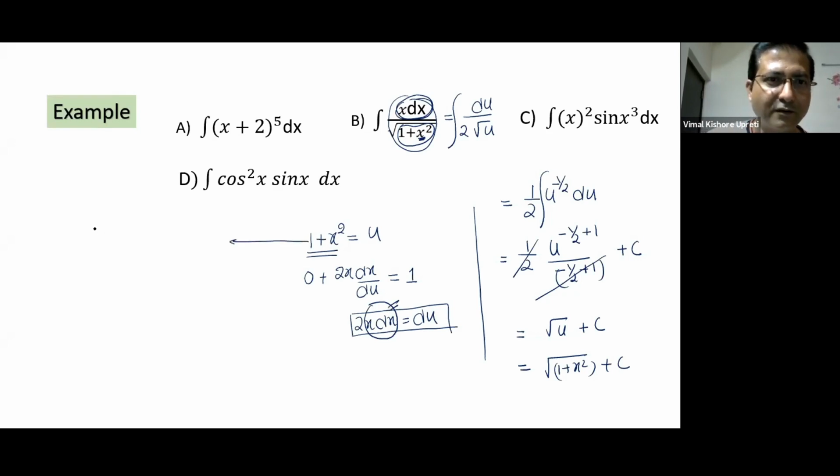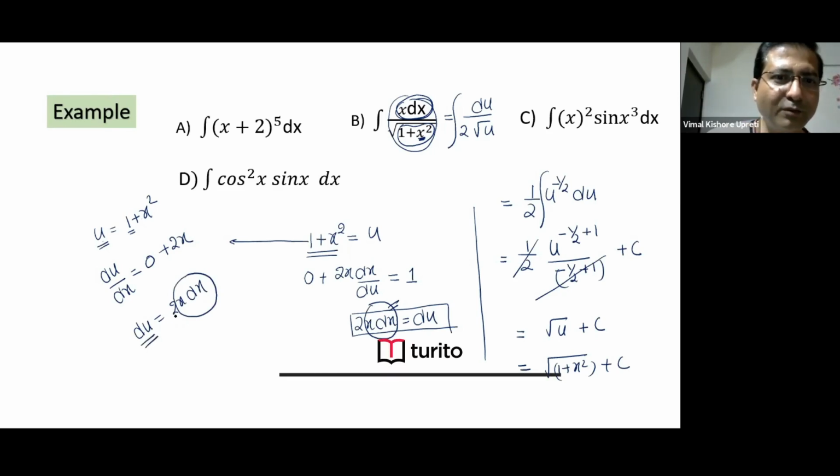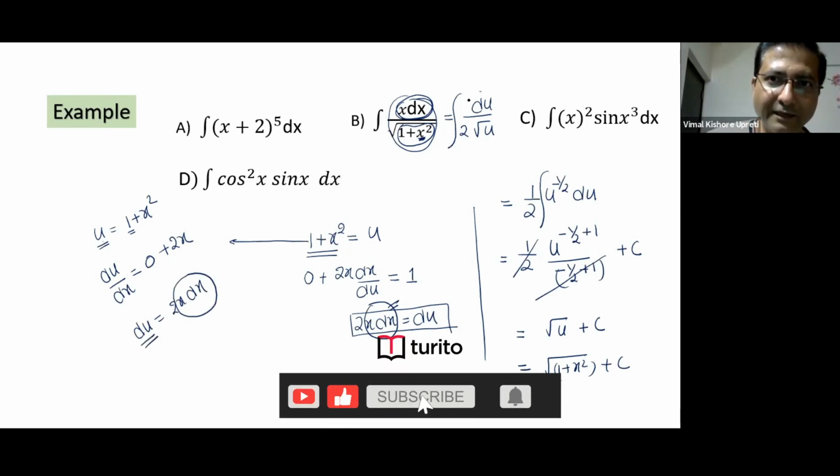This is what is written. So u is equal to 1 plus x square. We are differentiating with respect to u, right? So du, or we differentiate with respect to x. If you are not comfortable with u, we differentiate this with respect to x. du by dx, this side, this is constant 0, this is 2x, no problem. du can be written as 2x dx. So out of this x dx, I can substitute du by 2. So here I have written du by 2.